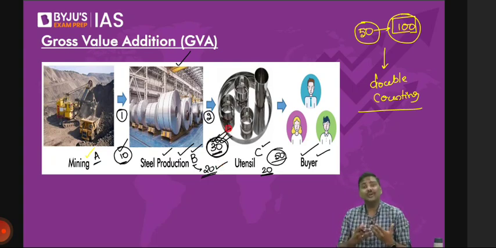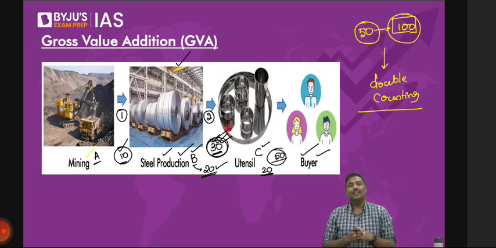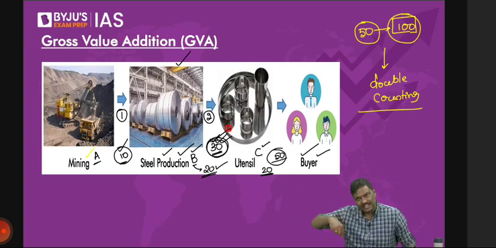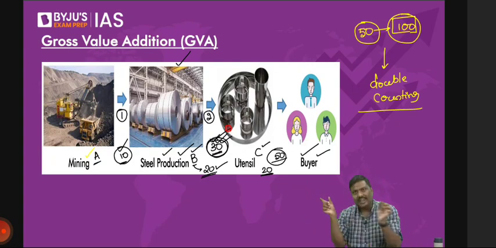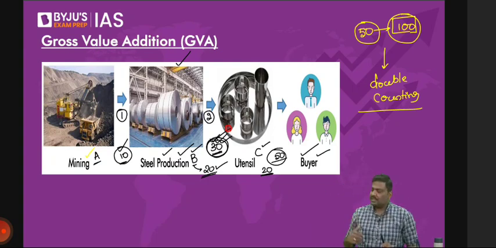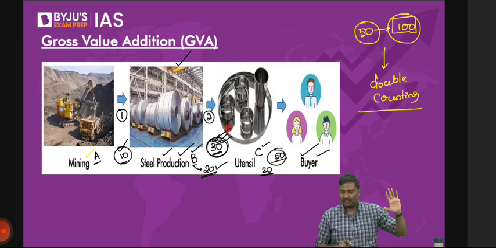So what will I do? I will introduce the concept of value addition. So that at each and every step, rather than taking the prices at which these are being sold to calculate GDP, we will adjust for whatever inputs and raw materials they have purchased, so that there is no double counting. Any difficulty here? Please do let me know.